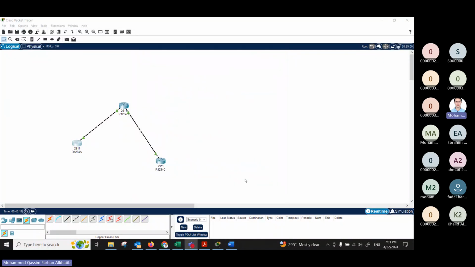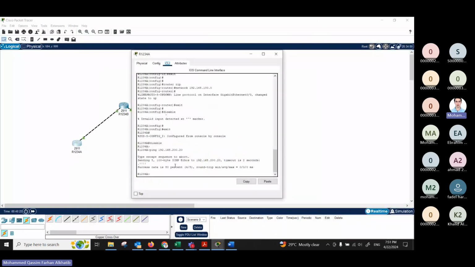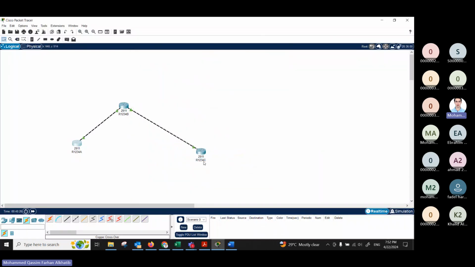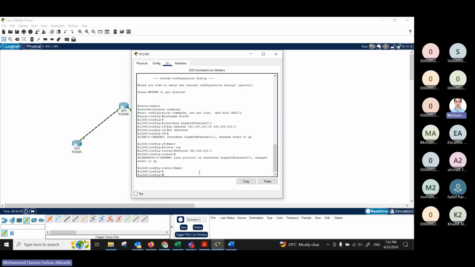I think there's a part for telnet, but for now, let's do the denying ping. In this one, I'm router C and I want to reject pings from router A. I did the test, and router A did reach router C. So let's go to router C and reject pings coming from router A. I'm in configuration mode. So the command is